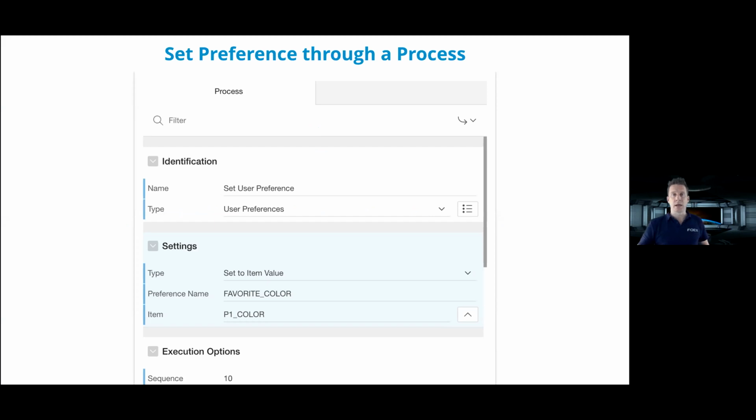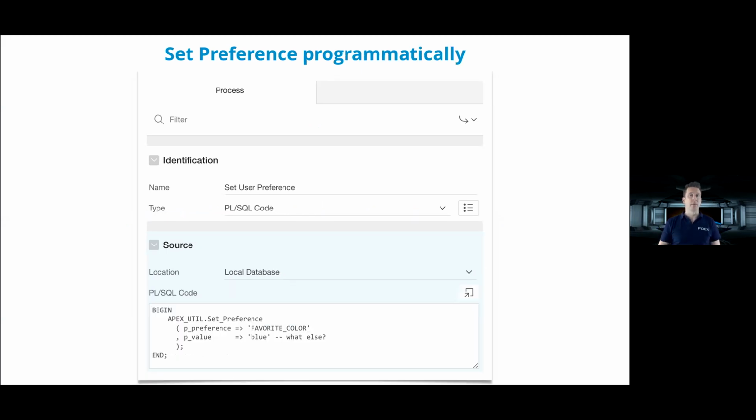You can, for example, use a process to set a user preference for the currently logged on user. You set this preference name with that item's value. Boom, very simple. Or you use the PL/SQL API, apex_util.set_preference,